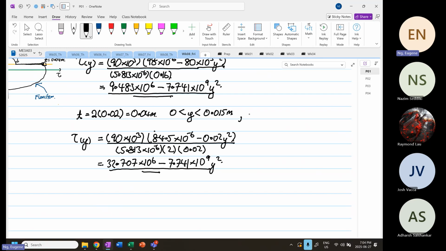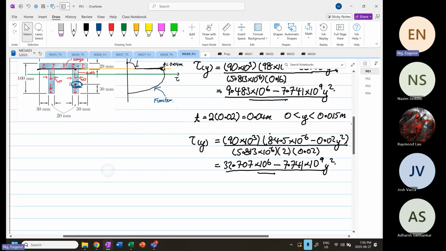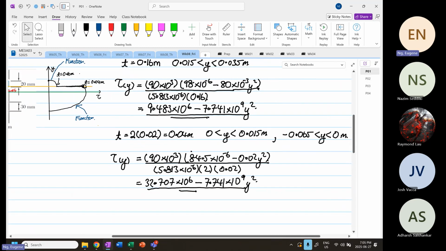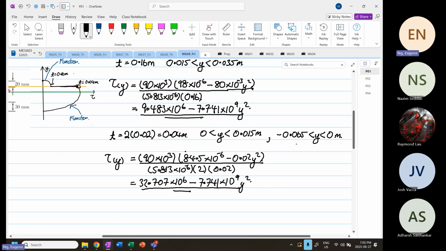And then we also found out that this function over here is also valid from minus 0.065 y and goes up to 0 meters. So knowing that when y is equal to 0, which is at the centroid, and we know that y is positive going down, y is negative. So we are aware that when y is negative from 0.065 to 0, the function